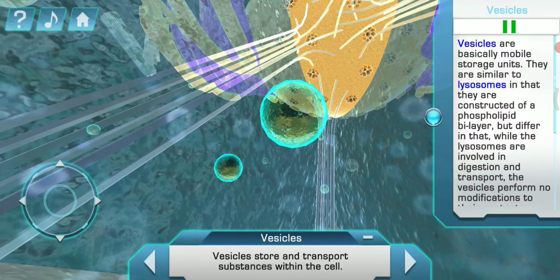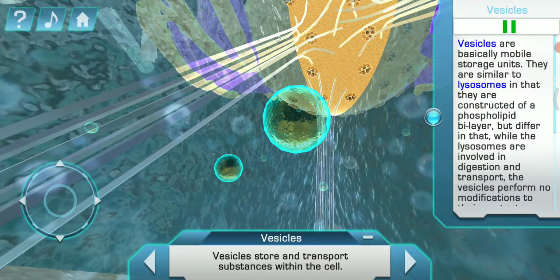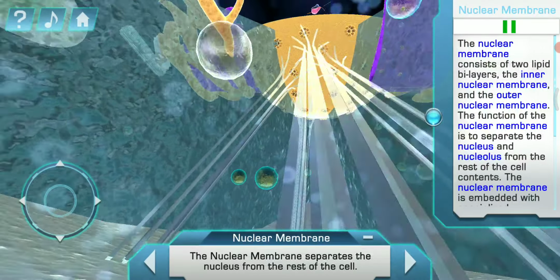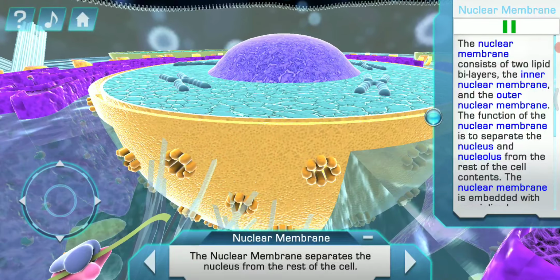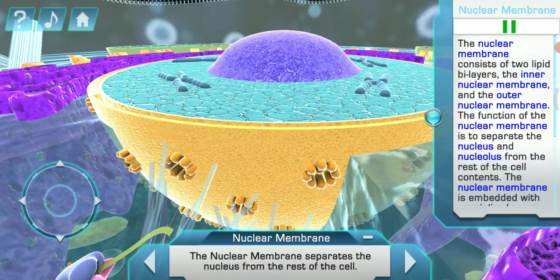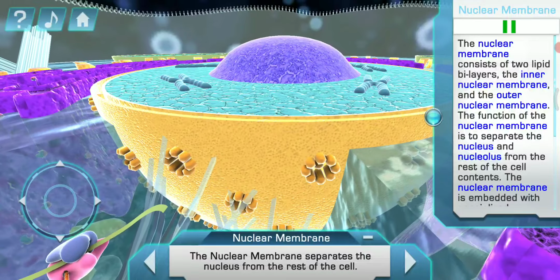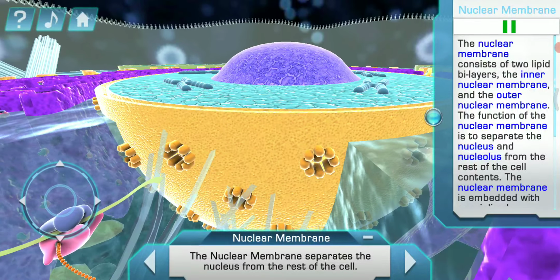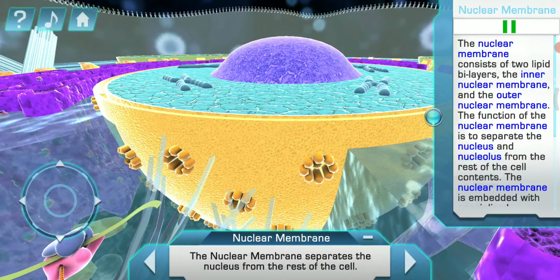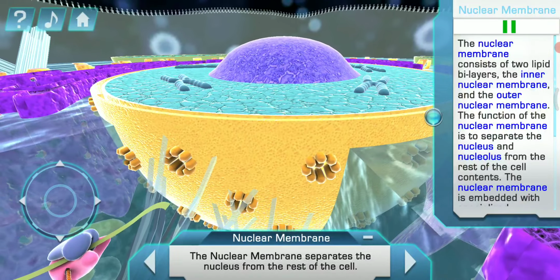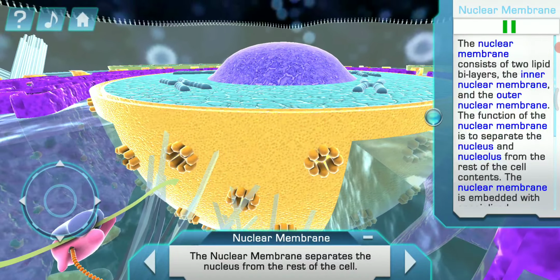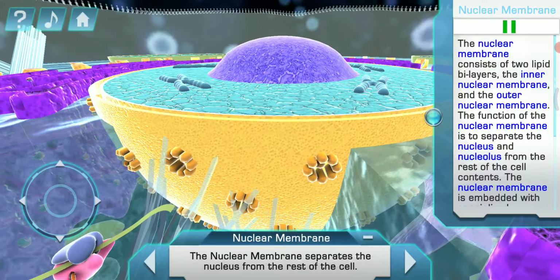lysosomes are involved in digestion and transport, the nuclear membrane consists of 2 lipid bilayers, the inner nuclear membrane and the outer nuclear membrane. The function of the nuclear membrane is to separate the nucleus and the nucleolus from the rest of the cell contents. The nuclear membrane is embedded with special proteins called nuclear pores, which act as specific doorways that permit substances such